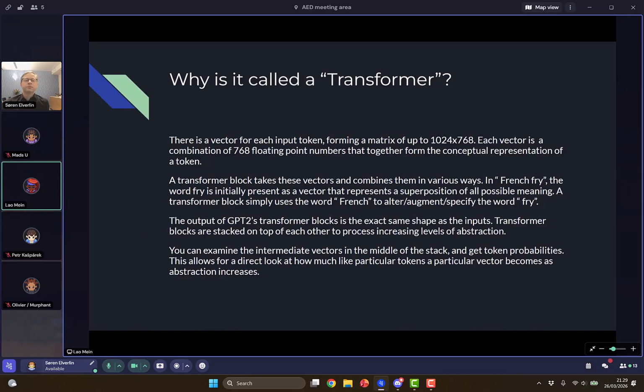So the inputs are like a platonic form of the word fry. It's like a superposition of all these different concepts that come to mind, like in a human. We say the word fry. It could be a verb, it could be a noun, it could be curly fry, it could be French fries, all kinds of stuff. And once you add the information from the word French, it alters the word fry,